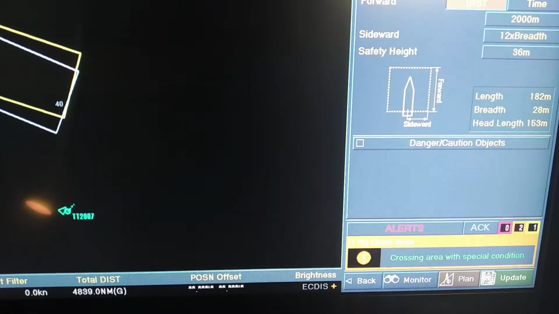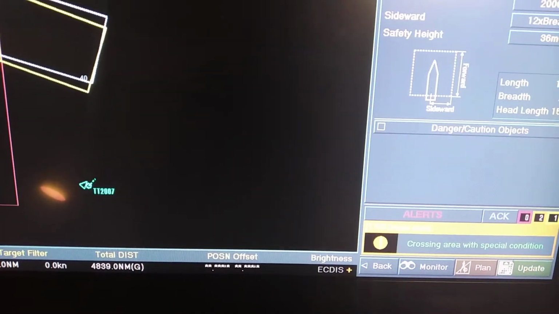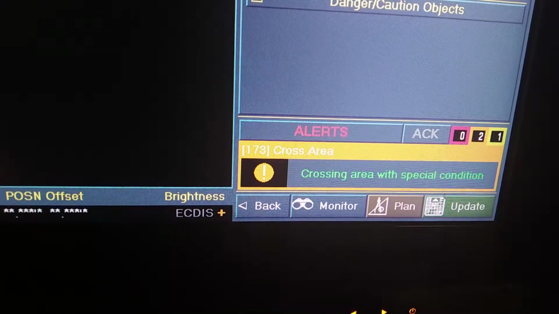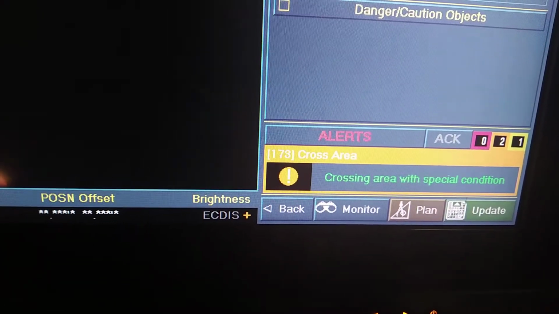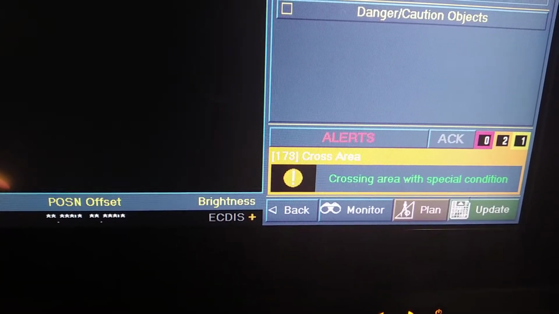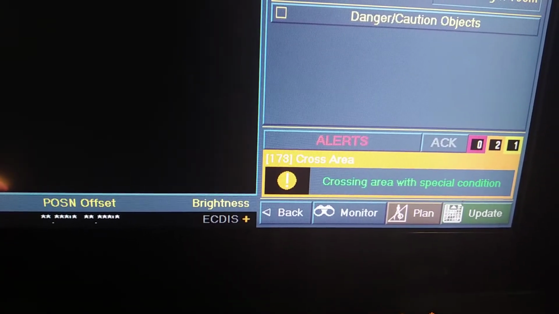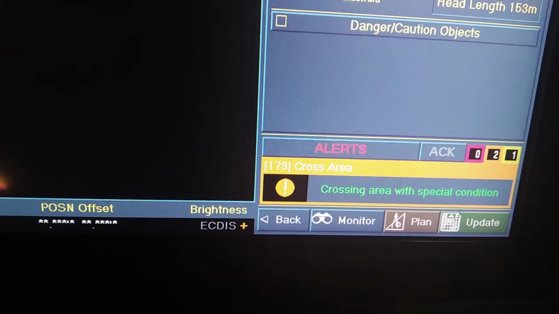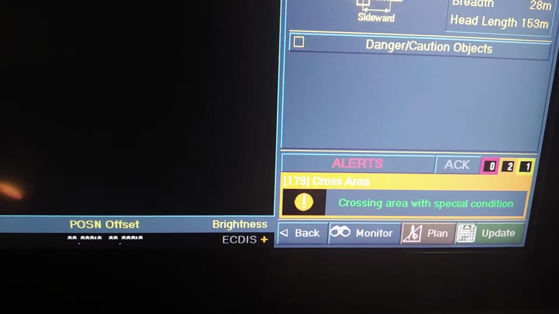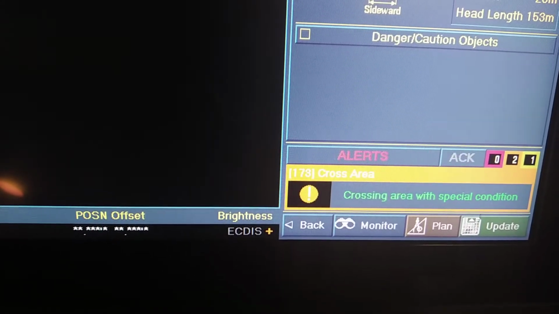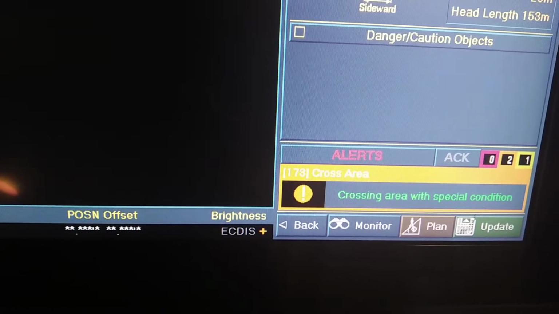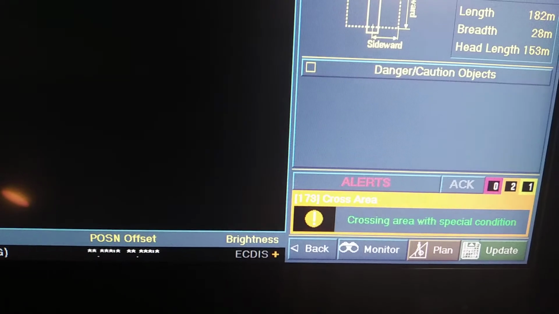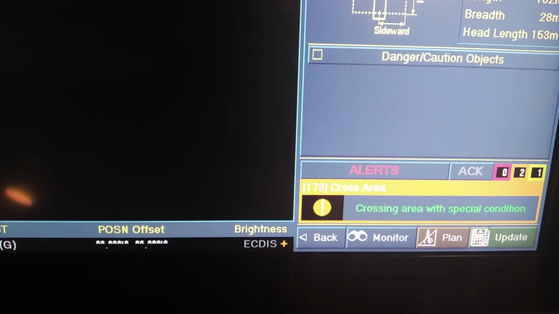Two sorts of warning are generated through the look ahead function. First, alarm and second, indication. In an EGDIS, an alarm is an audible and visual alert which requires immediate attention. An indication is an alert which is visual only. An EGDIS alarm or indication should also be generated as the vessel approaches a danger to navigation.